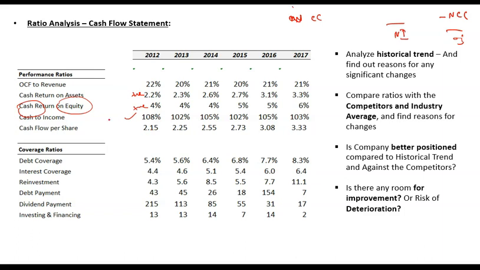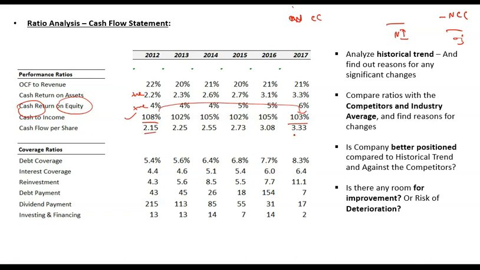So that means generally operating cash should be a bit higher compared to income, unless there are significant working capital changes. So if we look at it overall, this also seems fine. Although it has decreased, overall it is still above 100%, so it does not seem to be much of a problem.